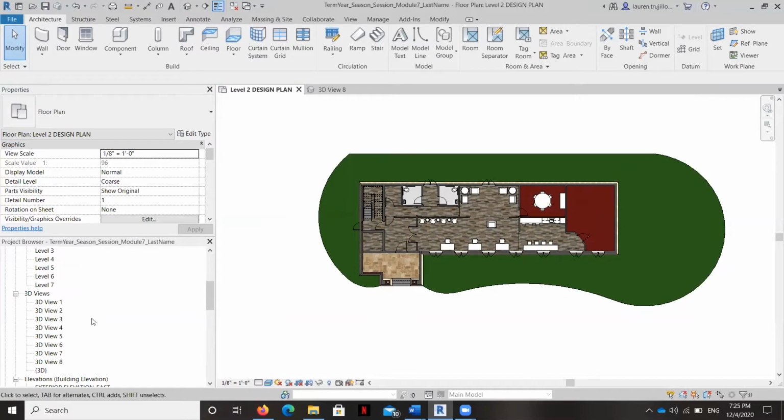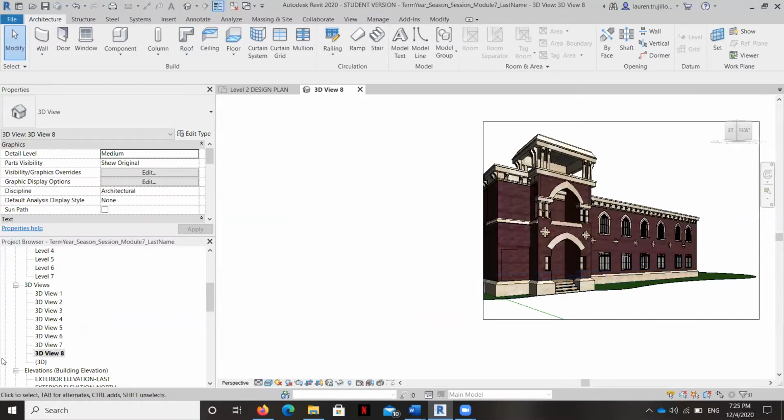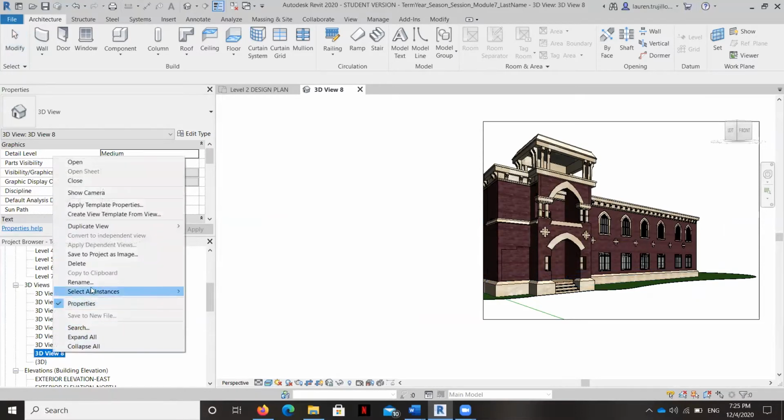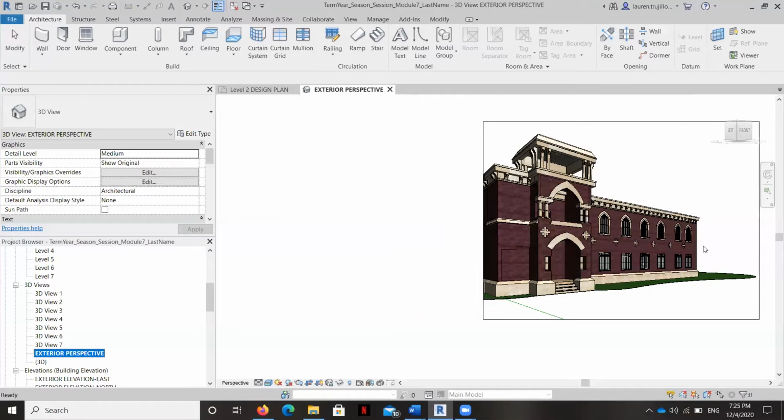Let's take a look at it in our 3D view and switch this over to realistic. And we should see some green right there. Good. Okay, while I'm at it, I'm going to change this view and rename it to exterior perspective because as you've learned, I like to make a lot of camera views, and I don't suspect I'm going to make too many more, but I definitely don't want to lose track of this one because I want to be able to quickly reference back and forth to it.